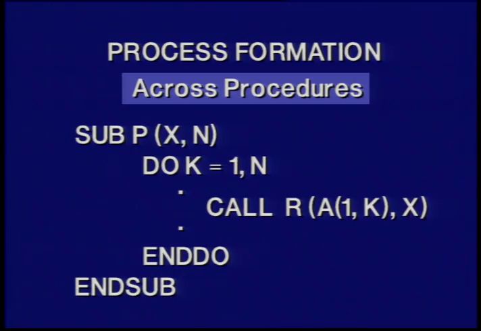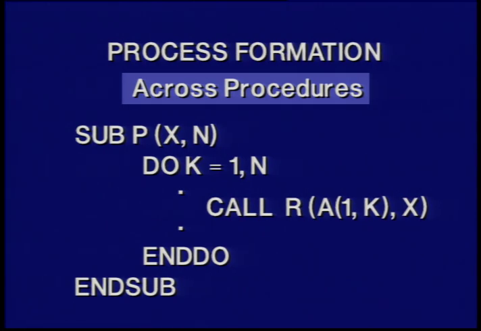Here, I might want to ask two questions. First of all, let's look at the call, which is inside that loop 1 to n. I'd like to be able to ask the question, can that do loop be executed in parallel? That really is saying, can I have multiple executions of the called procedure R going on at the same time? And in order to be able to do that, I have to look at R and understand a lot about R and everything that it calls, understand how it uses the arguments that are passed to it, how it uses the global variables, anything that's visible across these boundaries. So that's one aspect of interprocedural analysis.